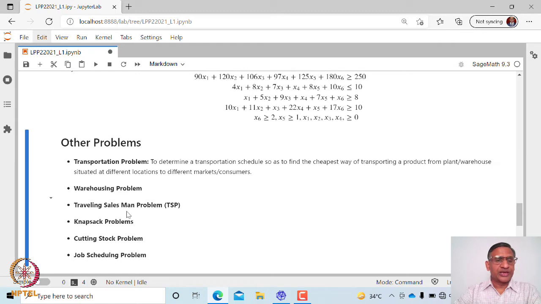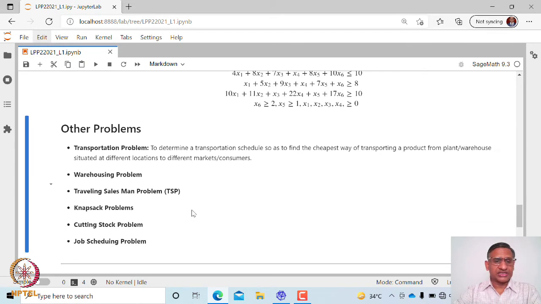That's the question. Similarly, you have the traveling salesman problem, where let us say there is a salesman, and he is given some set of cities to promote a certain product. He lives in some city, and the question is how should he visit all these cities? He has to visit all the cities at least once, and not more than once, and then he has to come back to the place where he lives. So how do we formulate this traveling salesman problem?